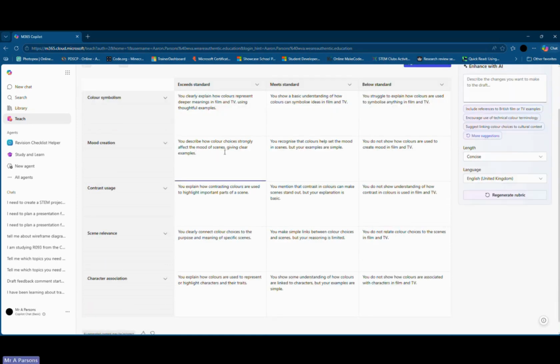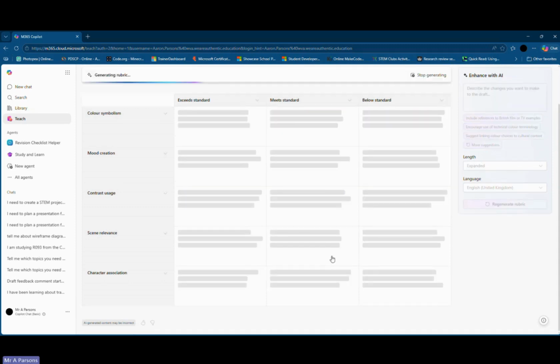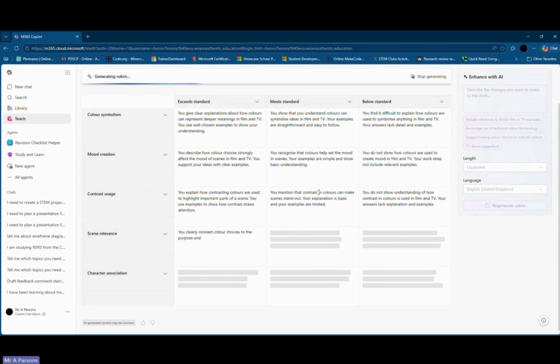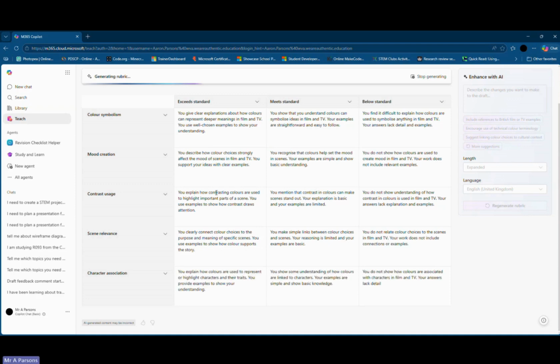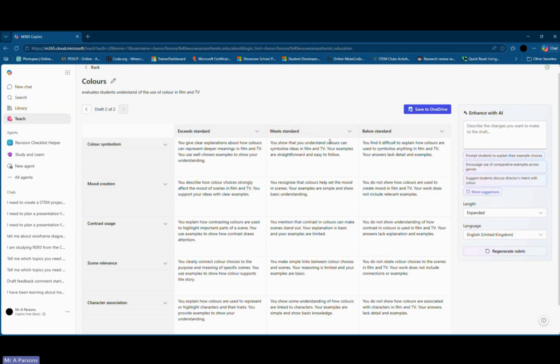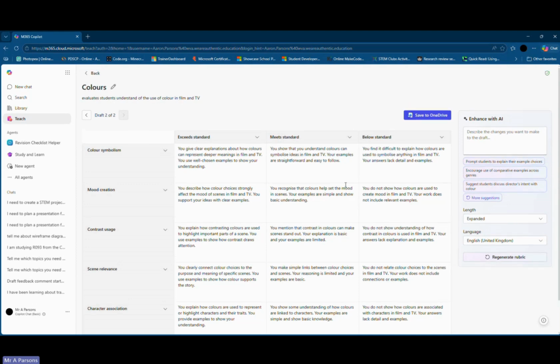I can go through then, I can add more detail in terms of the length and things. So we'll actually expand on it, make it more detailed. So that's generally 2 sentences. So I can regenerate it. And this would actually, if it's correct, might fit in with my iMedia students when we look at the use of color. So, explain how contrasting colors are used. So this works good for visual identity and graphic design. Shows understanding use of colors symbolize ideas in film and TV. So that's quite good. Could be more specific, but in a general starting point, if we're looking at how blue represents cold or orange might be warm, that works.